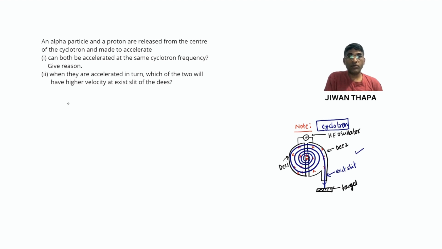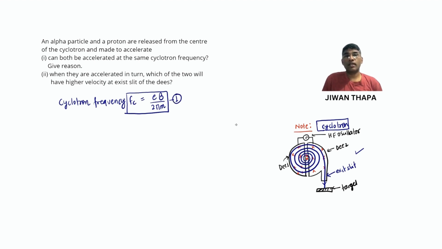Now we are going to use the expression for cyclotron frequency in this problem. So I'm writing, cyclotron frequency Fc equals eB by 2πm. So we are going to use this relation in this problem. Let us call it equation 1, and small e is the charge, and B represents the magnitude